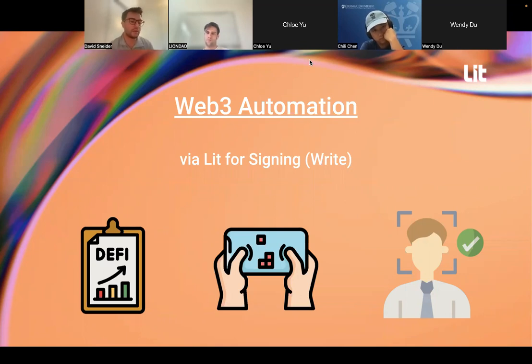I think other really interesting things here are at the intersection of MPC wallets, which is what Lit is, and also account abstraction wallets or smart contract wallets. A lot of interesting work is happening around using MPC as a methodology for decentralized account recovery to smart contract wallets. But really, over the course of the next year, the capacity for onboarding any individual into Web3 is going to dramatically improve, largely thanks to MPC and smart contract wallets.